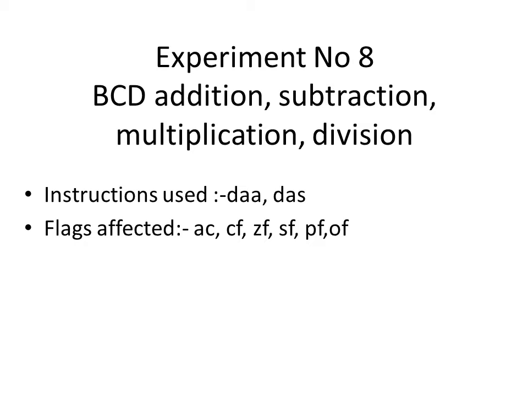We know that BCD is binary coded decimal, meaning only the digits 0 to 9 are allowed. We have 8 bits to convert a given hexadecimal number into BCD form, unpacked BCD form. The number 10, which is represented in hexadecimal as 0AH, is represented in BCD as 0001 0000. 11 is represented as 0001 0001. 12 is represented as 0001